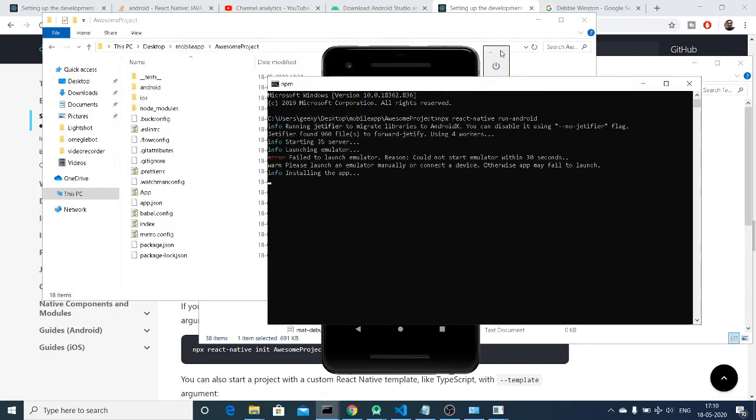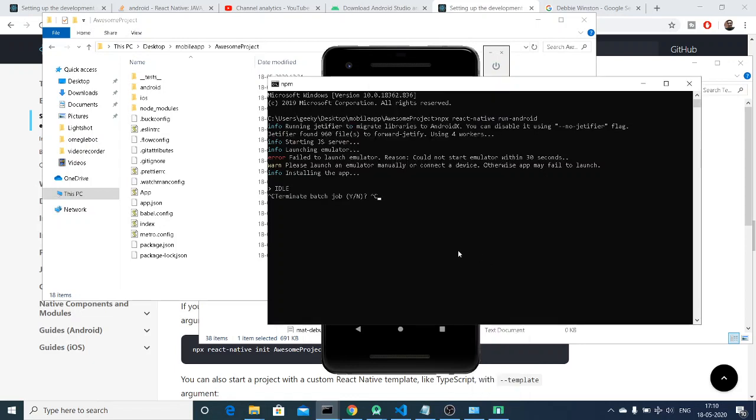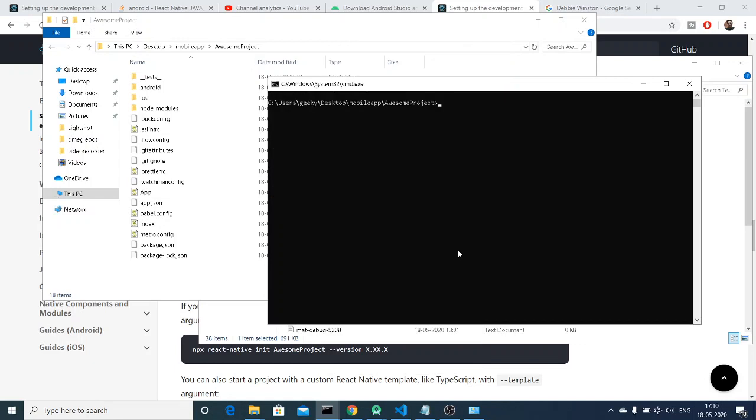This can happen for the very first time if you run the application. So what can I do? I can just close the emulator for now and also close this and rerun the command, which is npx react-native run-android. So now if you run the command, it will hopefully launch the emulator within the 30 seconds.